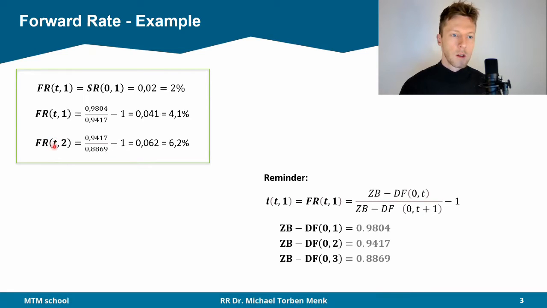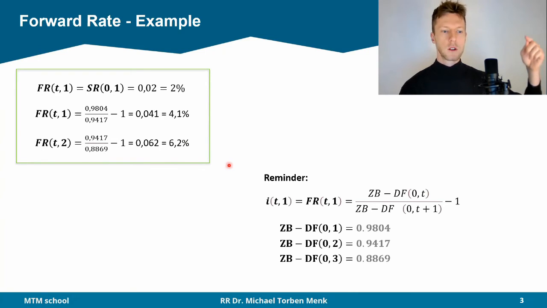So from year 2 starting, again 1 year obviously, equals zero bond discount factor from 0 to 2 divided by zero bond discount factor from 0 to 3. Minus 1 gives us 6.2%,